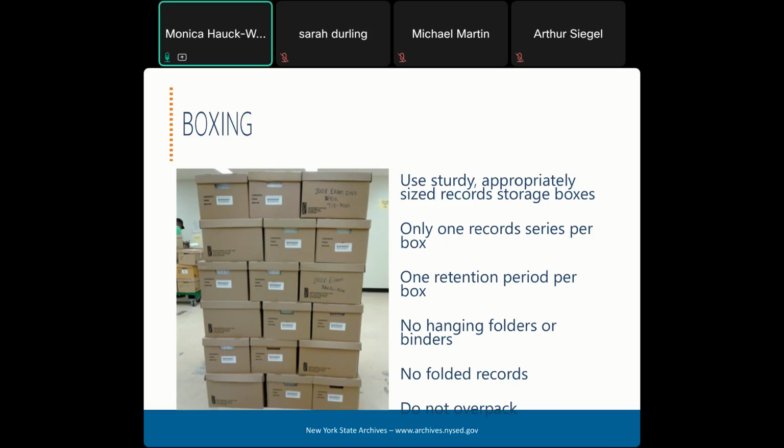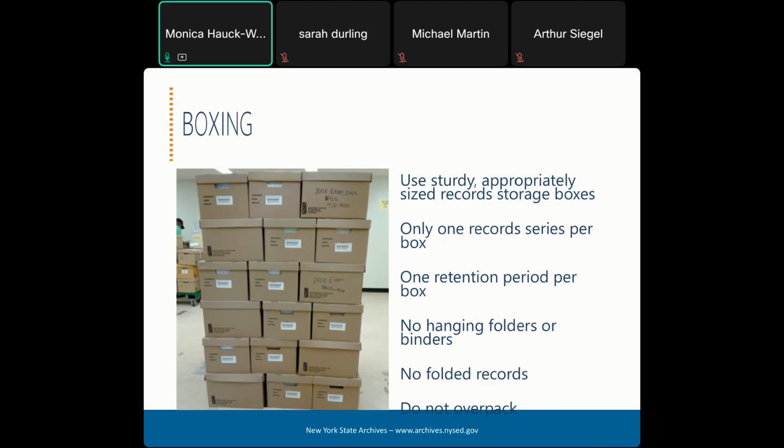The great thing about using boxes rather than rolls to store your rolled records is that you should be able to fit them on the shelves. You should be able to stack multiple boxes on the shelves. And they'll basically stay in place, stay organized so that staff can find them quickly and easily.